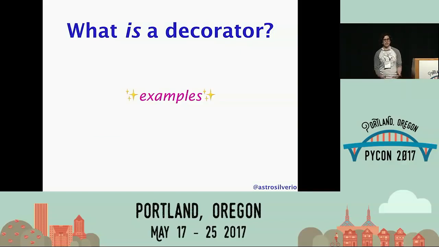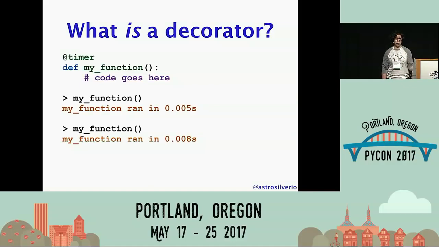Okay, so when I'm trying to define something, I like to start by thinking of examples. And as someone who makes a living writing production code for a large app, the first example that sprung to my mind of a useful decorator is a timer. There's a lot of timing decorators, and the idea behind them all is that you want your code to run as normal, but we also want to know how long the code takes to run. So what all of the timing decorators do is they run the original code, plus they log somewhere, in this case to standard out, how long